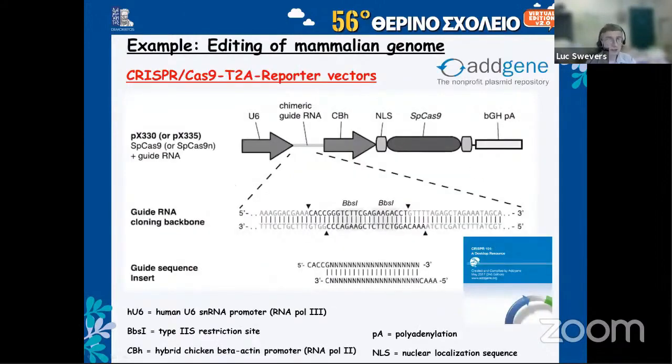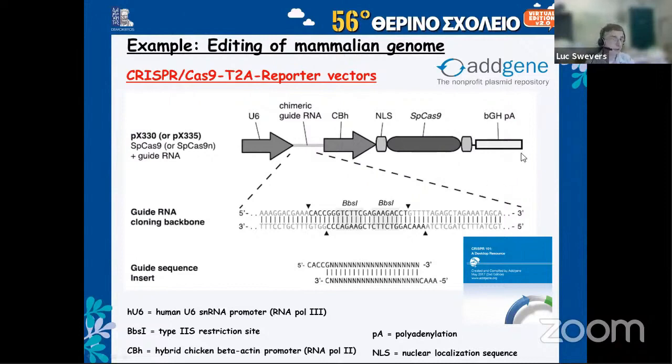I want to illustrate how easy it is to perform CRISPR-mediated genome editing experiments. This, for instance, can be done by plasmid expression, although it's not really recommended, but the first CRISPR experiments were done in this way. So you can get these CRISPR-Cas plasmids from a plasmid repository named Addgene. You can order it. And for instance, a typical CRISPR plasmid that expresses the CRISPR system is shown in this